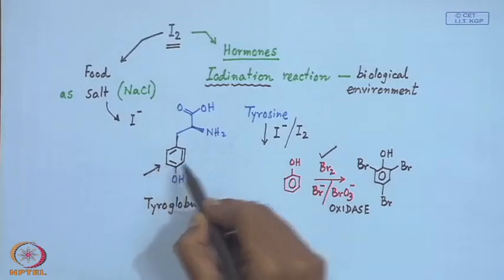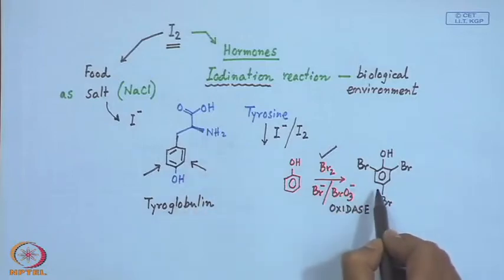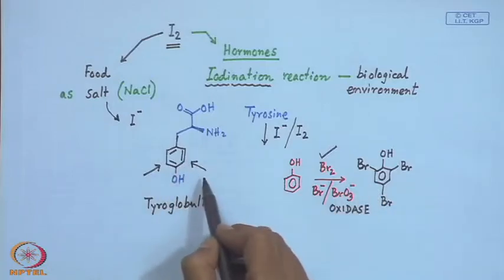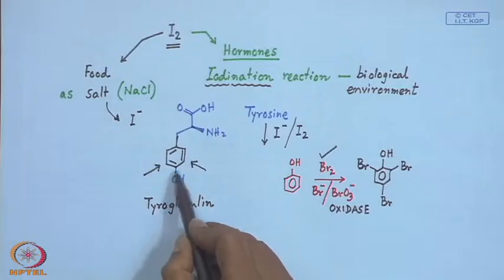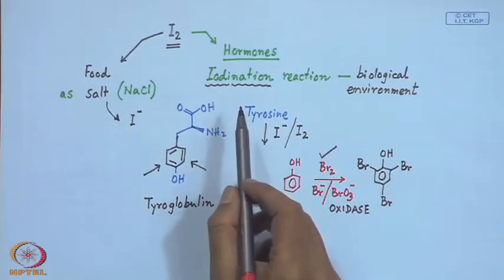So, these are the two ortho positions similar to our tribromophenol, which can be iodinated with respect to the phenol OH. So, this is the simple possibility where the generation of the typical hormone can take place,